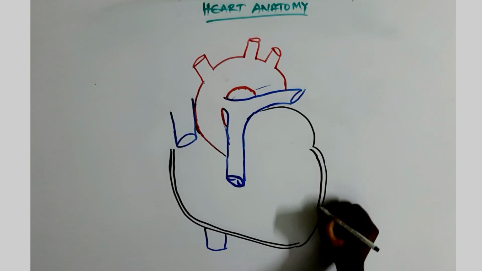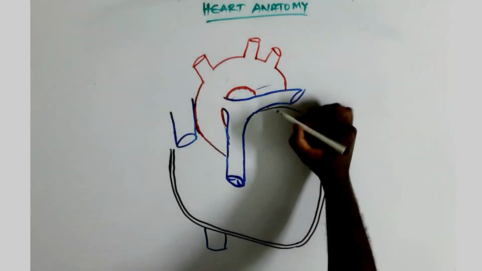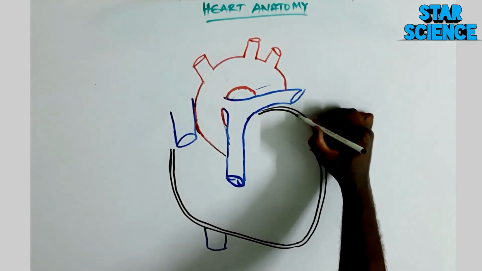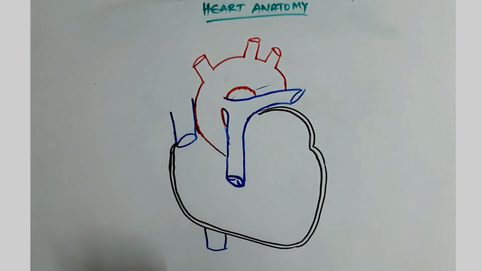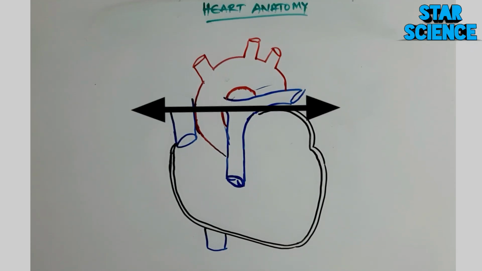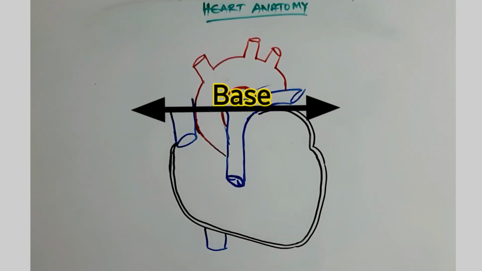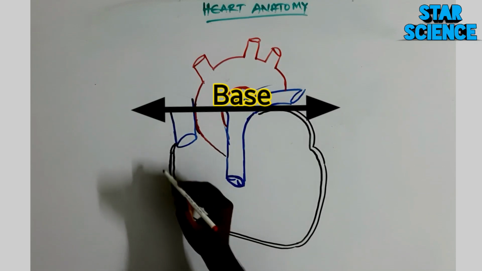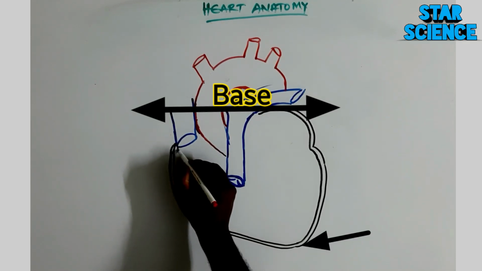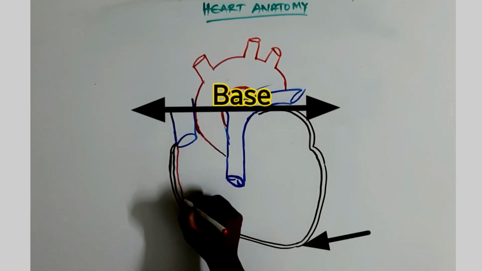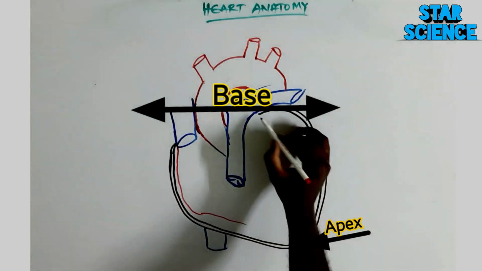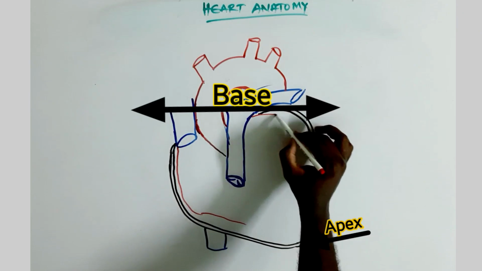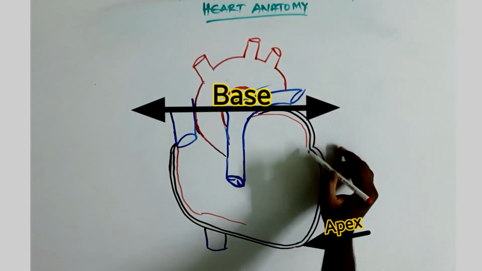If you see inferiorly, the apex of the heart rests on the central tendon of the diaphragm, and this particular region is called the base, and this particular region here is called the apex. And if you see the borders of the heart,